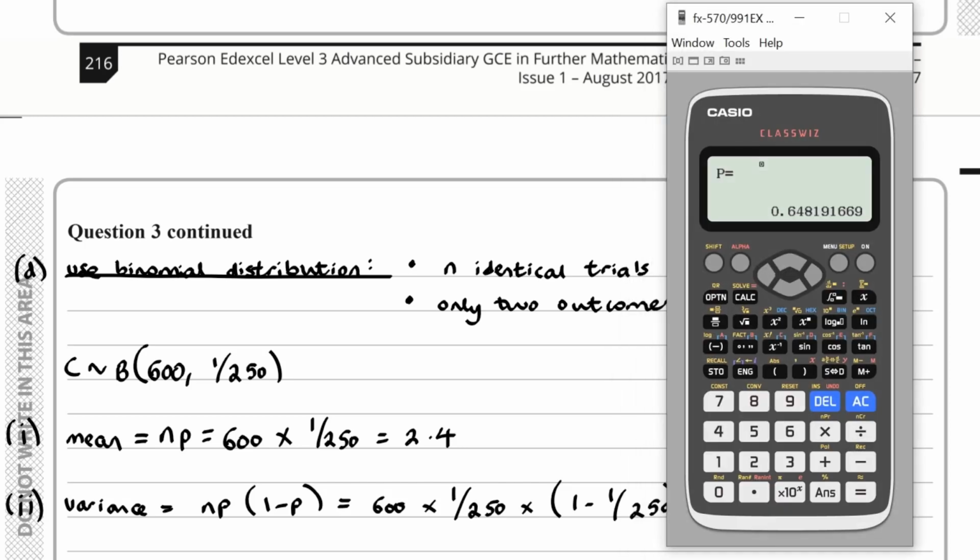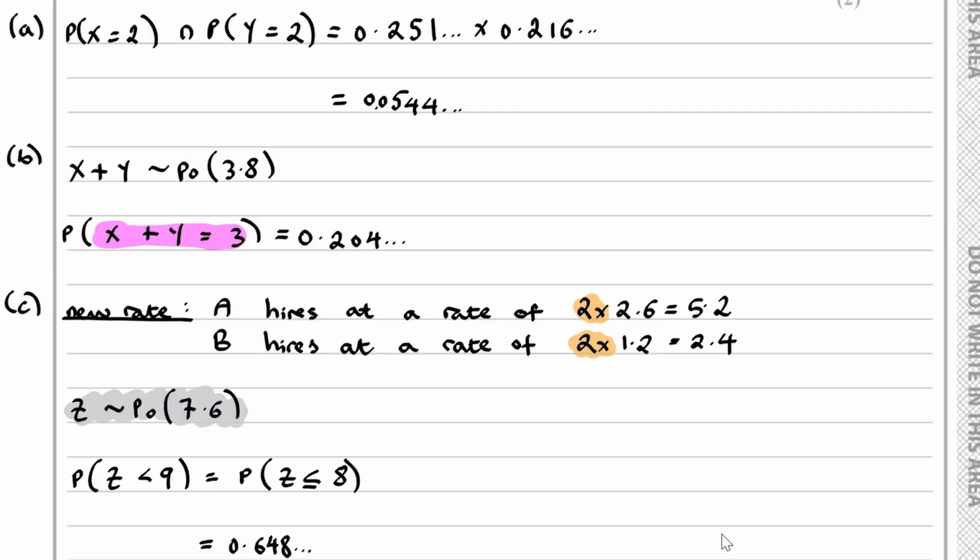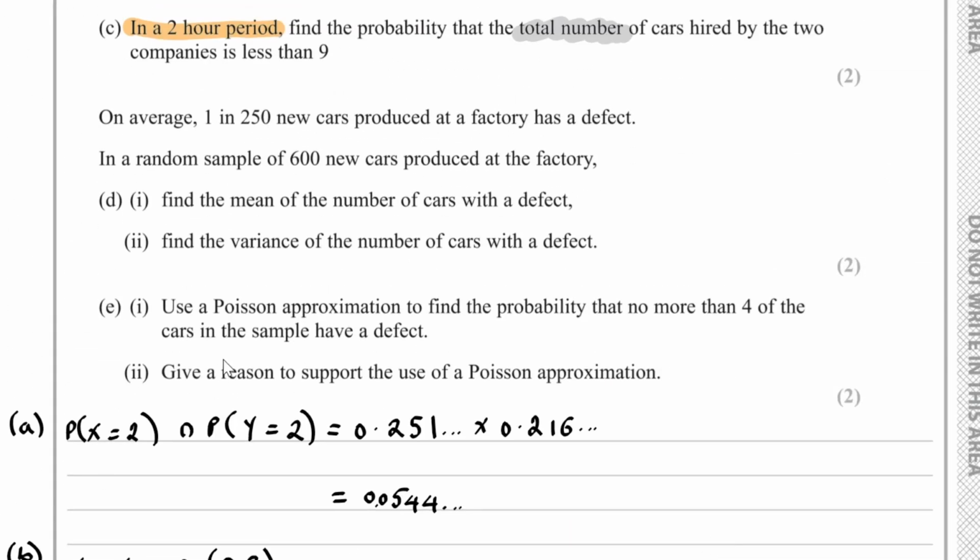And if we work this out, we end up with 2.3904. Okay. For the next part, for part E, we have to use a Poisson approximation to find the probability